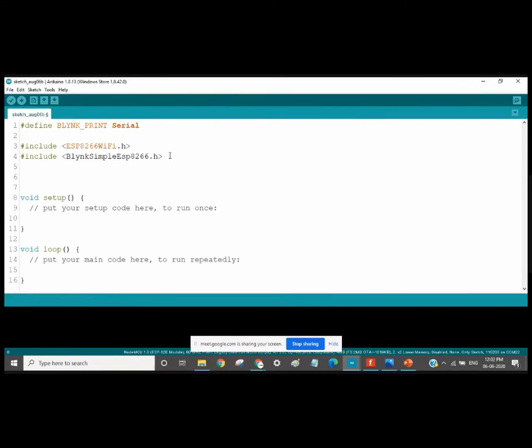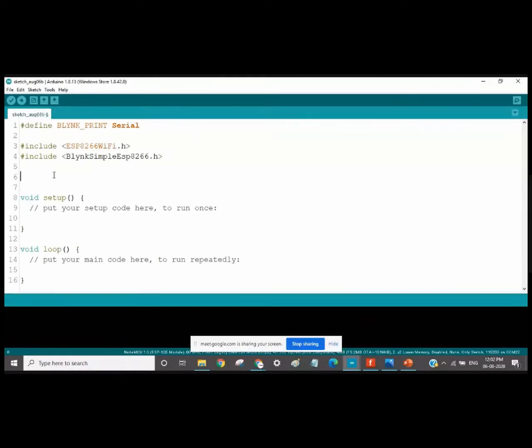In this case, we need one extra thing, that is the authentication token of the Blink, because Blink is a server where multiple users can use that service. So you need a unique authentication code from the Blink application. You have to go to your Blink application, set up your device, that is, sign up. That we will see in the video, how you have to sign up and all. From there you will get the code.